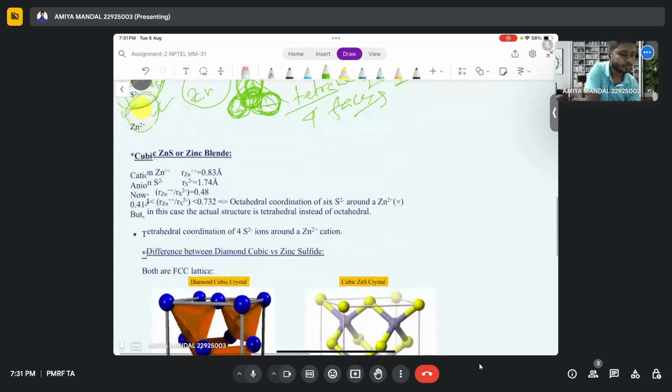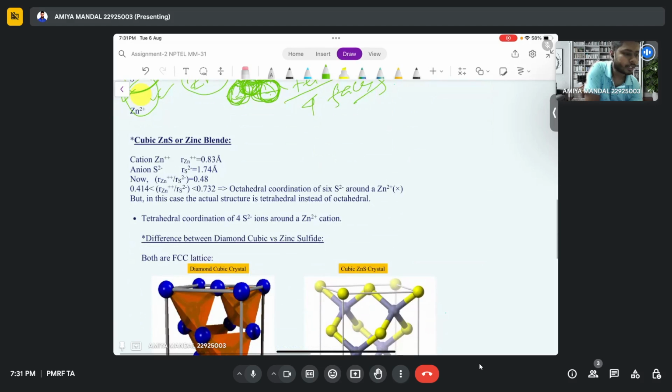Next, cubic ZnS, zinc blende. The cation radius is 0.85, and the anion radius is 1. So what is the radius ratio? 0.48. Very important point for ZnS. The cation-anion radius ratio is 0.48, which lies between 0.414 and 0.732. Hence, this would be an octahedral structure,